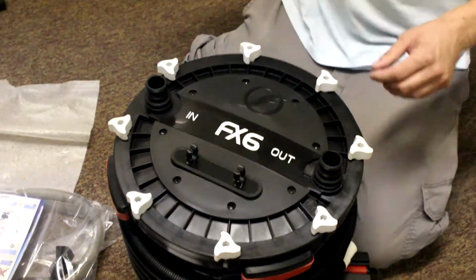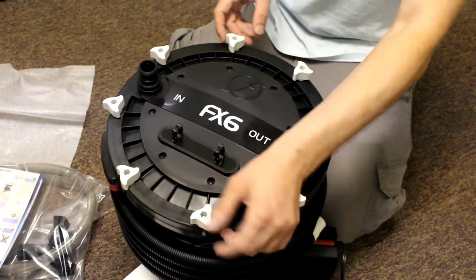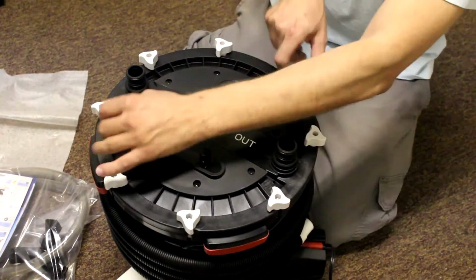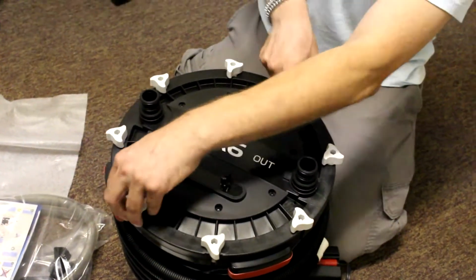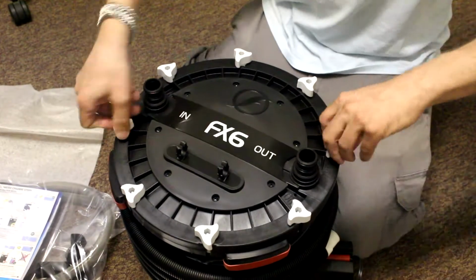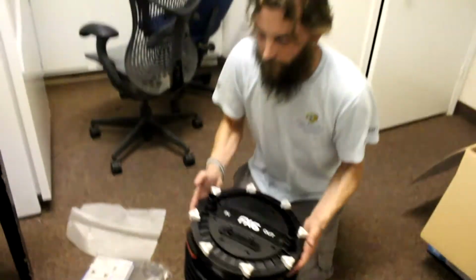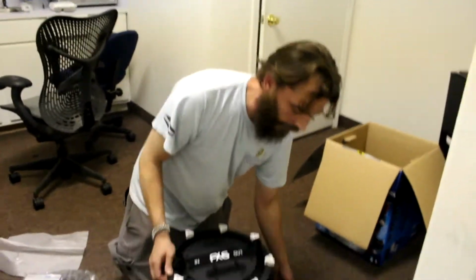And as I was saying before, I go and tighten them across the way, and I just keep going this way. I find that this doesn't cause any pressure points on our gaskets and just gives a better tightening of the lid. So now that we got all our media in there and we got exactly the way we want it,